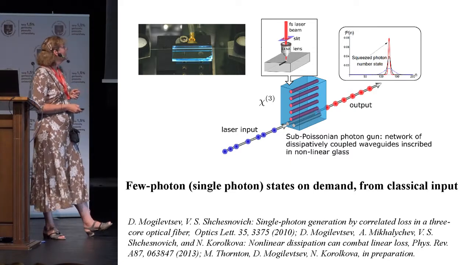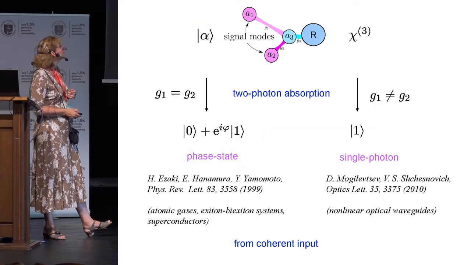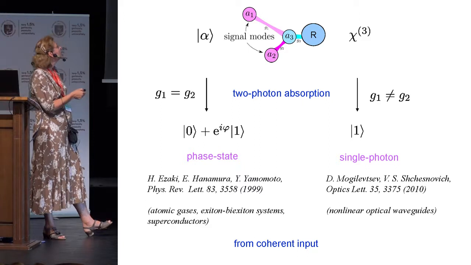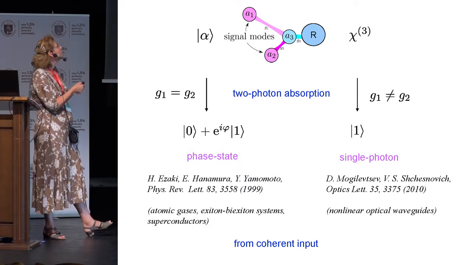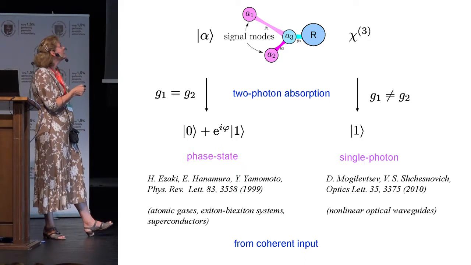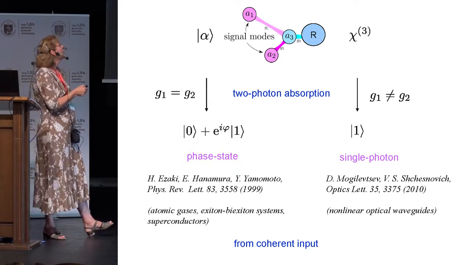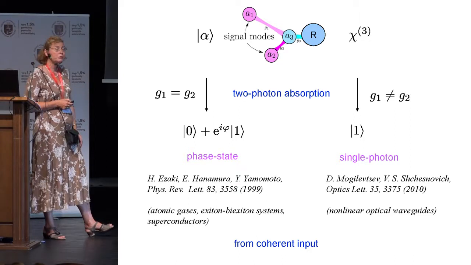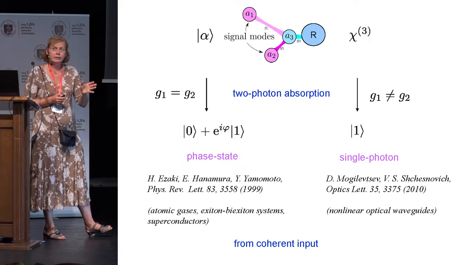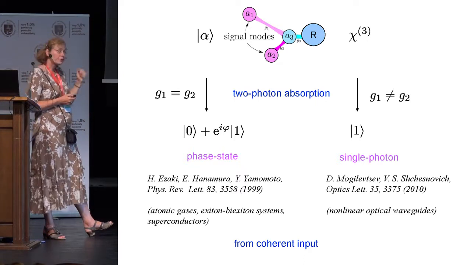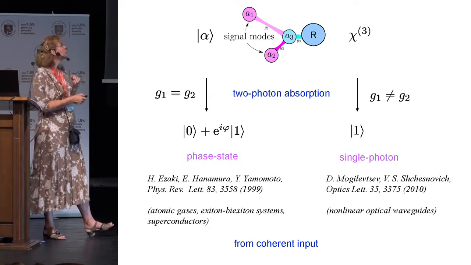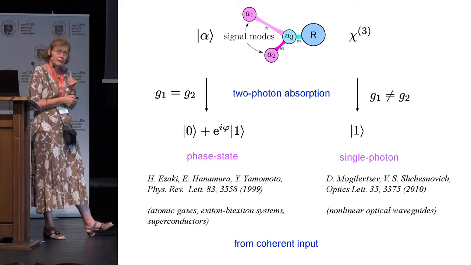So what can I reach here? The idea behind it is presented here. I have two modes, which are single modes. I have here a third mode, which is extremely lossy, which I indicate by attaching a reservoir to it. And these waveguides live in a nonlinear medium, so I have Kerr nonlinearity in the system. And due to the engineered nonlinear loss, I can arrange a two-photon absorption mechanism here.